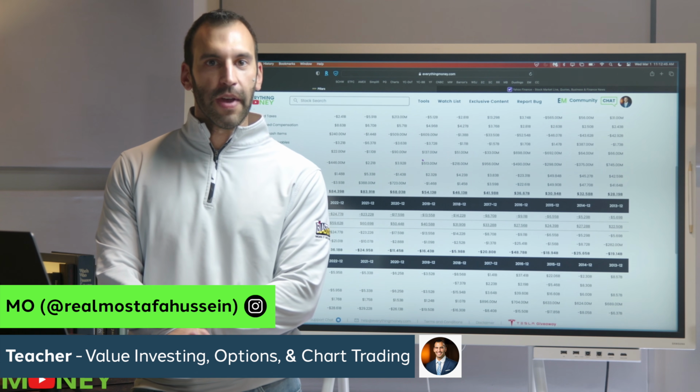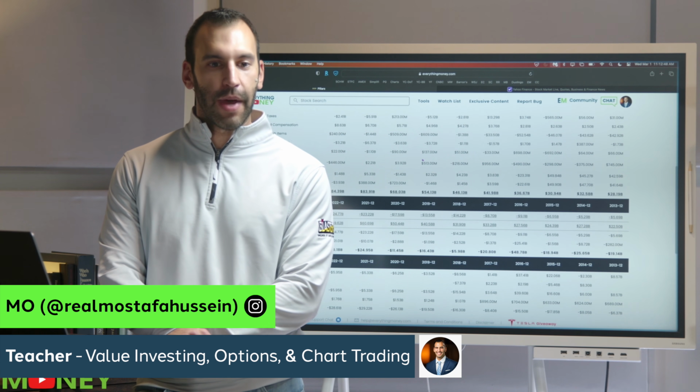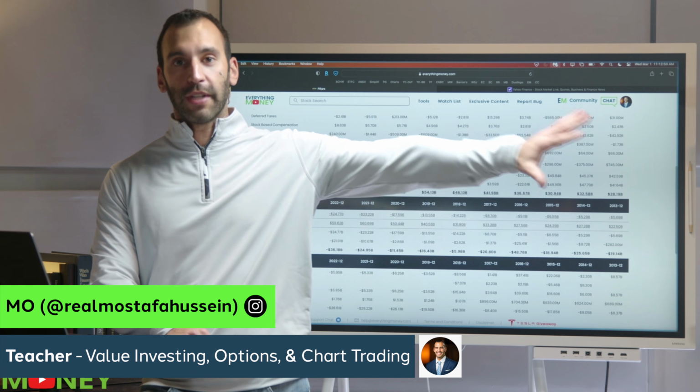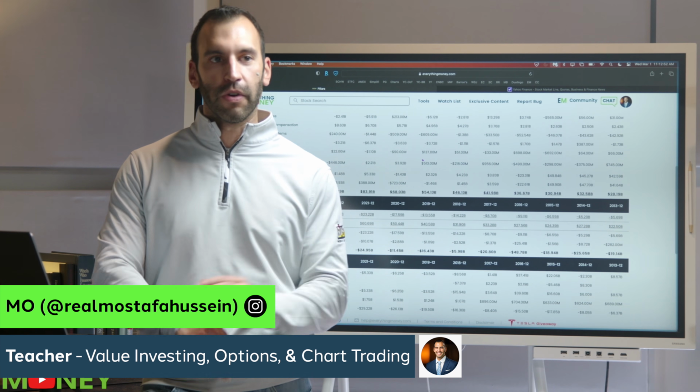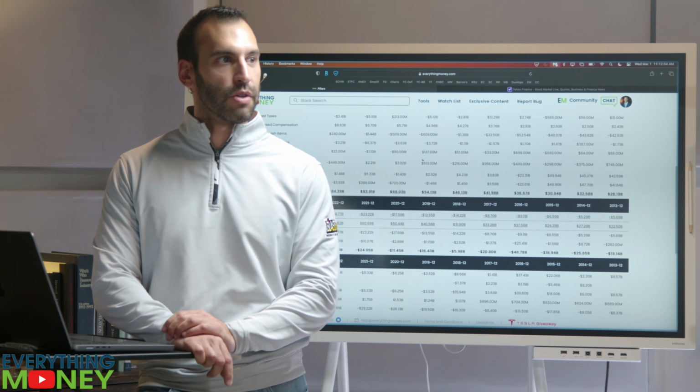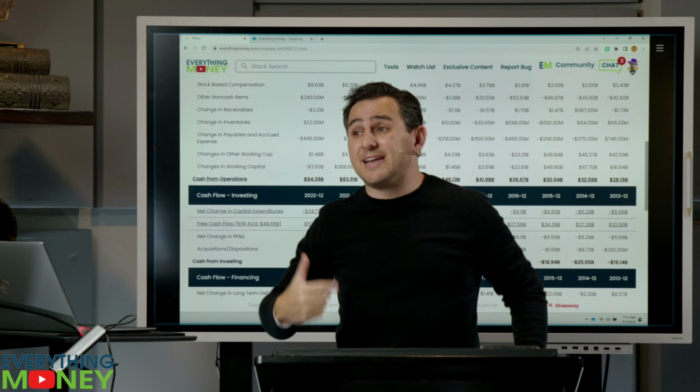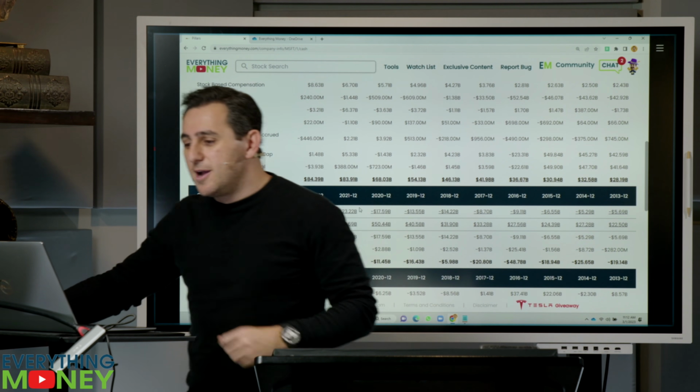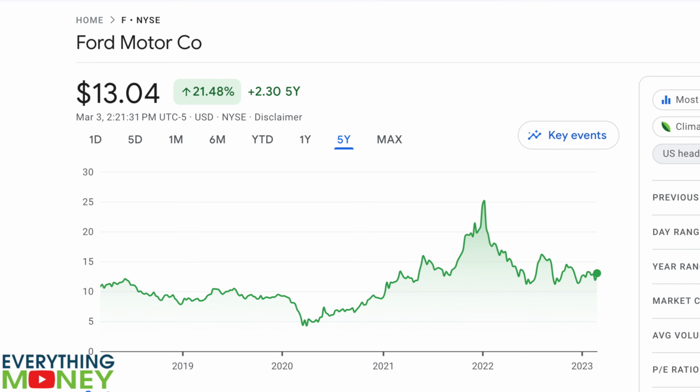Look at it the same as your family. If you guys have money in the bank and you have a lot of debts and you can pay off all of your debts and still have cash left over, it's very hard for your family to get in a tough situation. Of course. And software businesses like Microsoft tend to have very, very high free cash flow. Yeah. Let's pull up another company. Let's go to Ford.